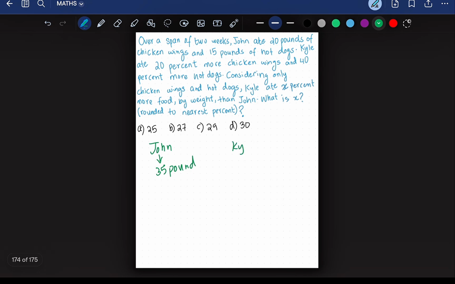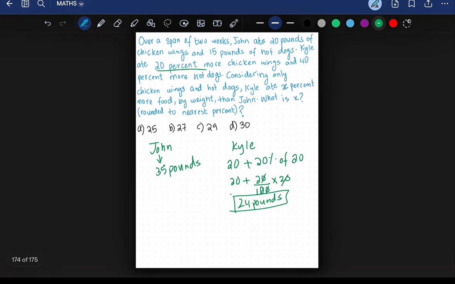So Kyle must have had 20, because it says 20% more, we add 20% of 20. So this gives us 20 plus 20 over 100 times 20. So we cancel these out and get 24 pounds of chicken wings. These are the pounds of chicken wings Kyle has had. 35 pounds is the total amount of meat John has had, which is what we're also going to find out